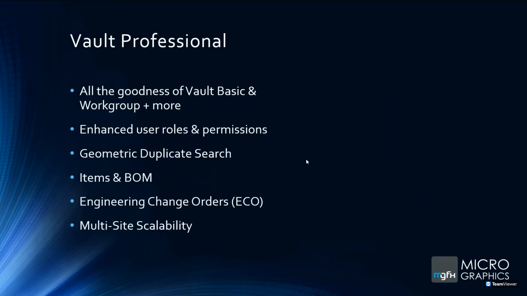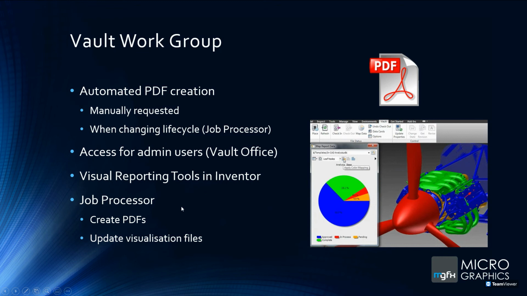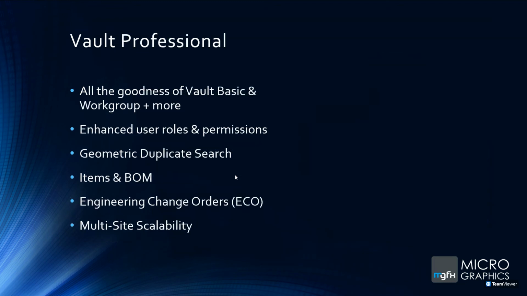with the job processor. Now, moving on to Vault Professional. Vault Professional basically has all the goodness of Vault Basic and Workgroup and more. So you're paying more money, you want to get more for your money. Once again, there are enhancements in user roles and permissions over and above that of Workgroup. And this is because of the extra functionality that comes into Vault Professional. More functionality, the more users who can work in Vault and have different roles that they need to fulfill within